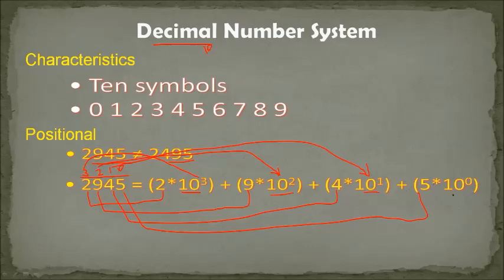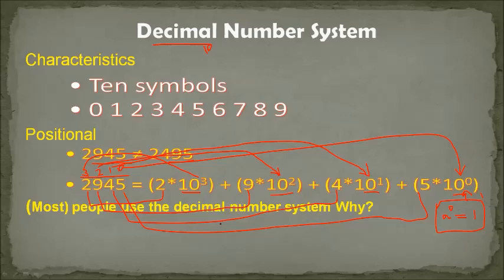Again 5 into 10 power. Last one, 5, positional value what? 0. So take it as 0. Now 10 power 0. Here alone there is a rule: anything power 0 is equal to 1. Keep it in mind, always, anything power 0 is equal to 1. Most of you will think that anything power 0 is equal to 0, but it is wrong. Anything power 0 is equal to 1, so this value becomes 1. Okay, let's see the next. Based on this, the calculations will be as follows.